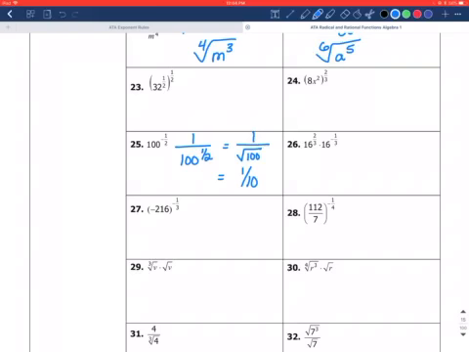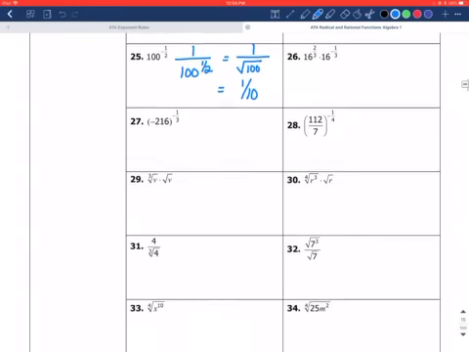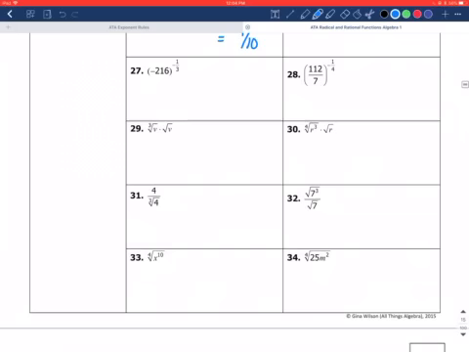Let's see here. 27 is very similar to that. Let's do 29 through 33 and we'll be done. All right, so for 29, this is an example of what I was talking about before. I was kind of getting ahead of myself. Our indexes are obviously not the same. That's a 3. This is a 2. So we can't combine these yet. But if we put them into